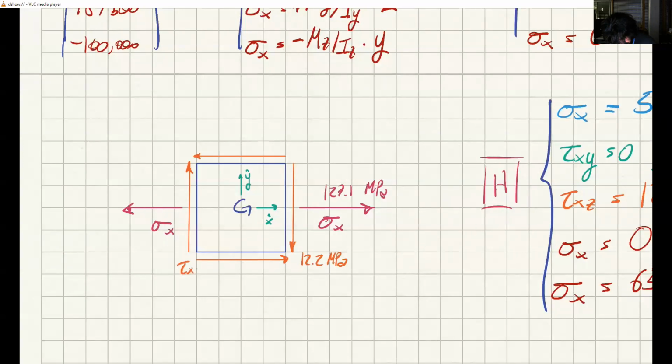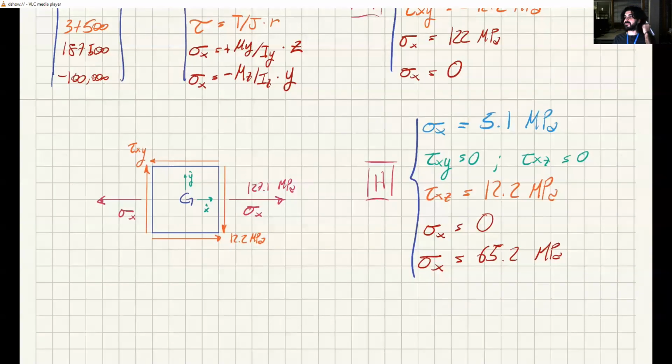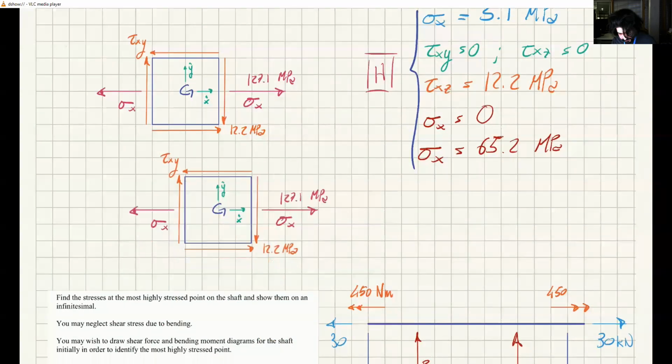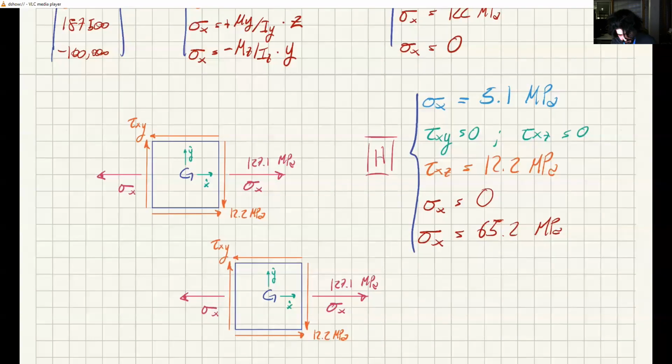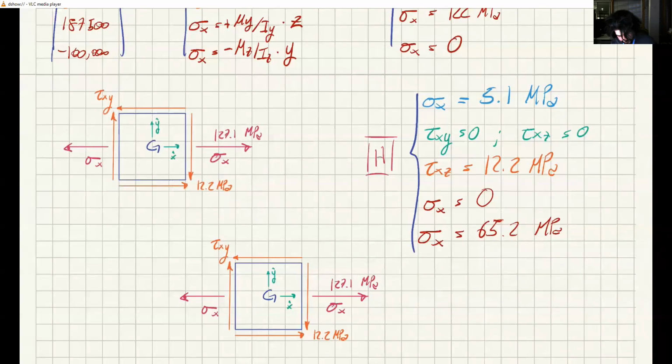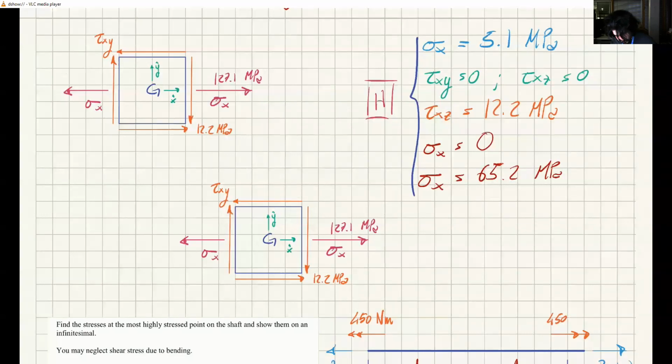So that everything is balanced. This is the stress state at G. Let me draw this one for H. Put this one here. And for H, first of all, let's draw